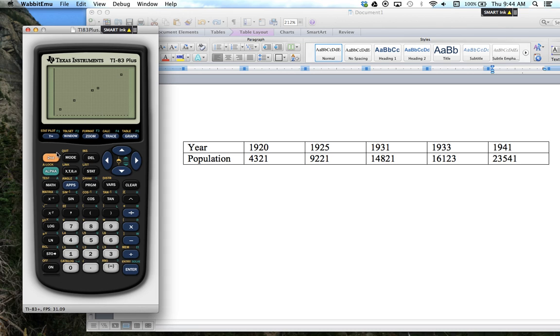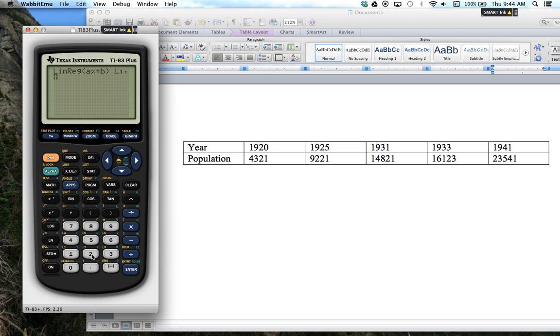So from here, I'm going to go to Stat, Calculate, and I want to do a line of regression. Now, in order to put this directly into Y1, I have to do a couple of things with this line of regression. The first thing I have to do is tell this function which lists I want to calculate the line of regression on. So I want to do it on list 1 and list 2. So I go second 1, which is list 1, and then comma, which is right above the 7, and then